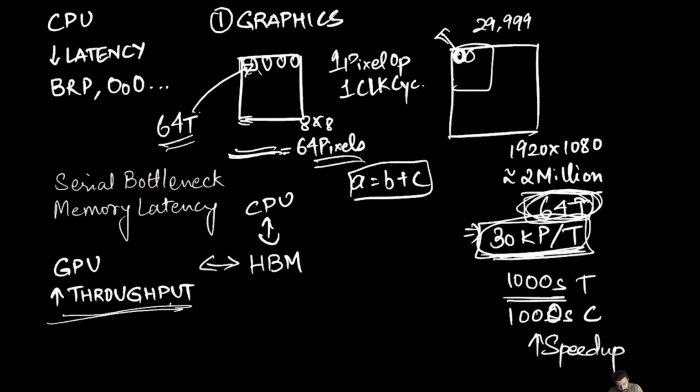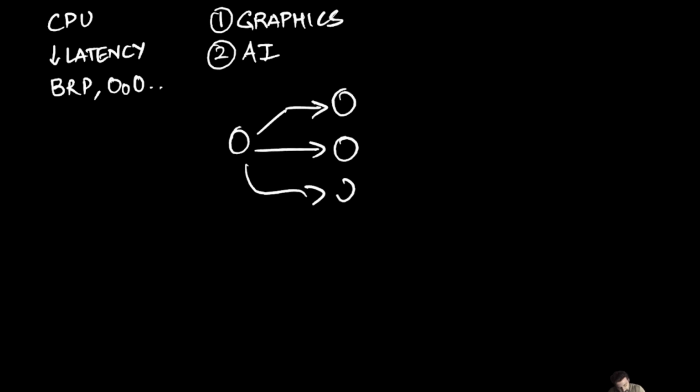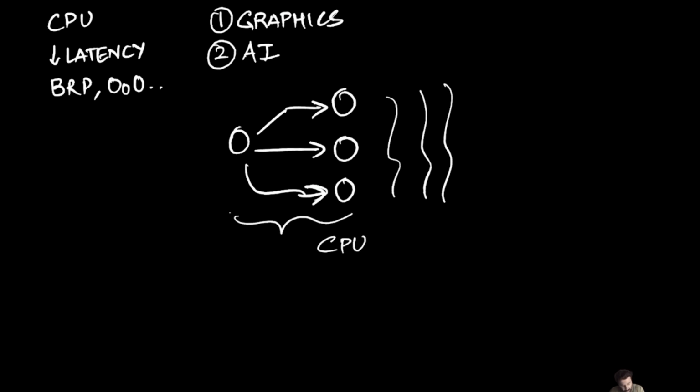So now let's talk about the second one. And as of 2026, we call this AI. At its core, you have a neural network running. There's a single node that connects to 3 nodes, and there are more such layers and so on, right? Fancy stuff. If it's just a simple system that has just 4 nodes, you can easily model this in a CPU. But modern day